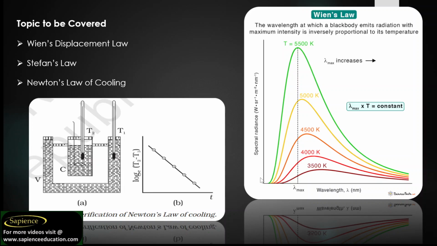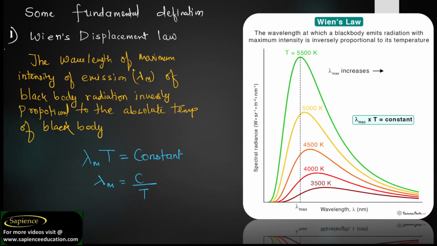Today I'm going to discuss the topic: Wien's displacement law, Stefan's law, and Newton's law of cooling. Wien's displacement law states that the wavelength of the maximum intensity of the emission, lambda m, of the black